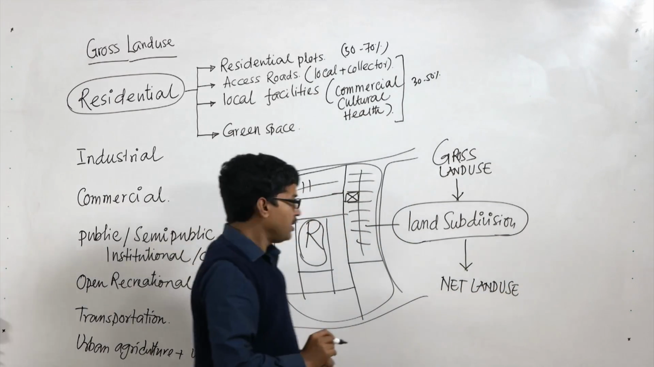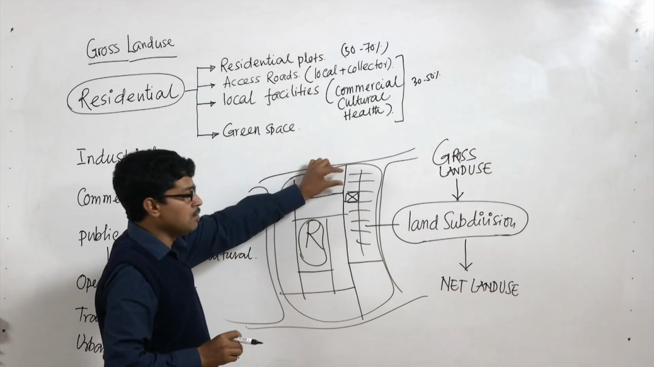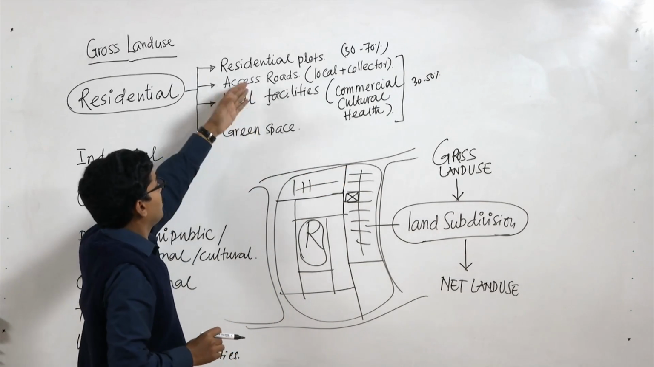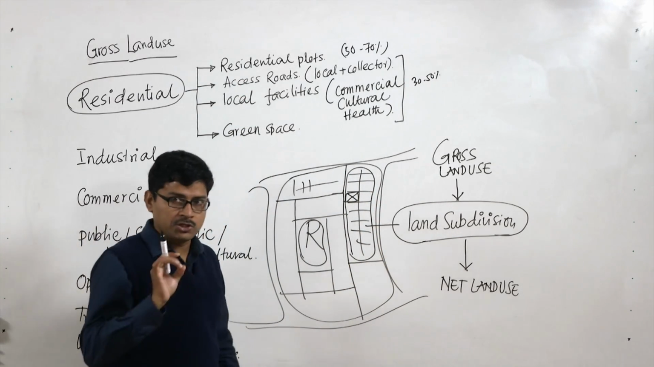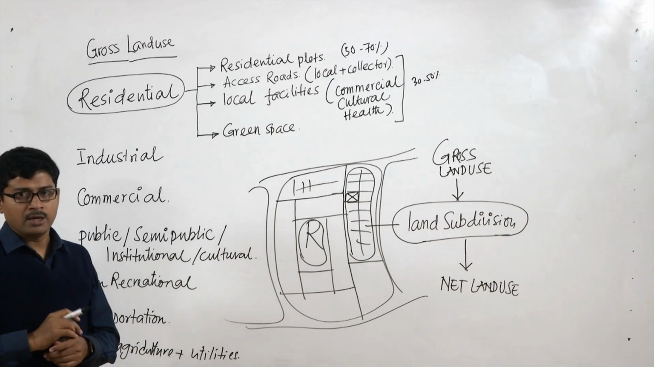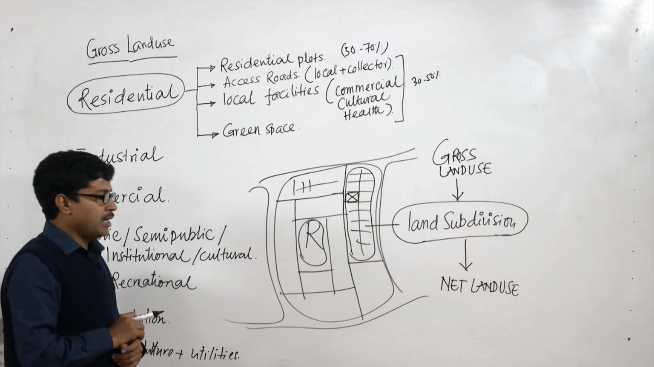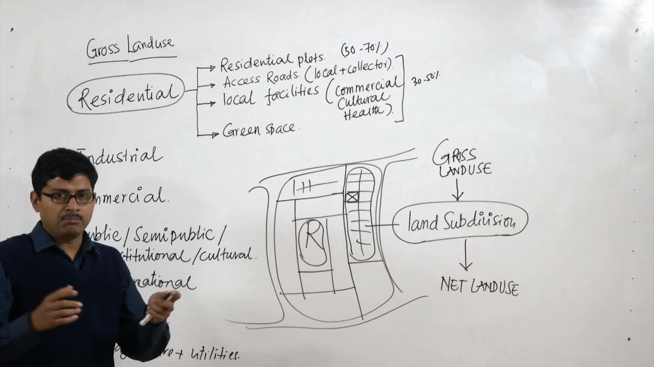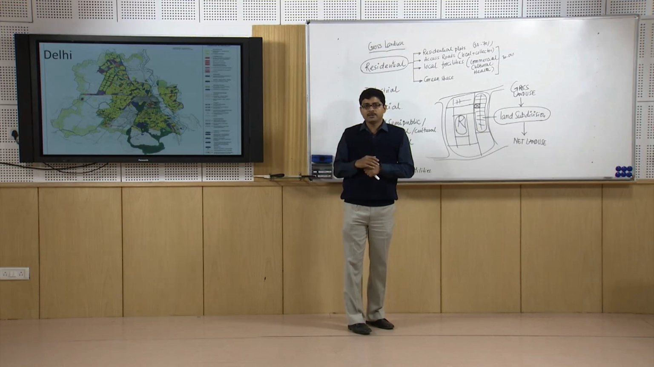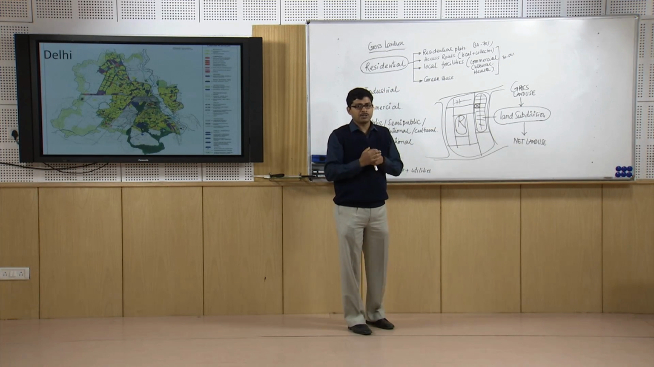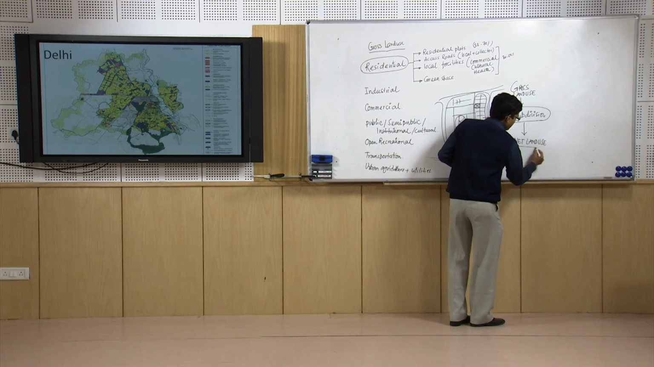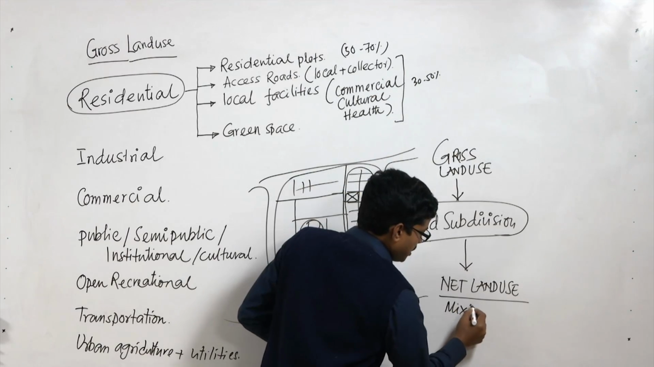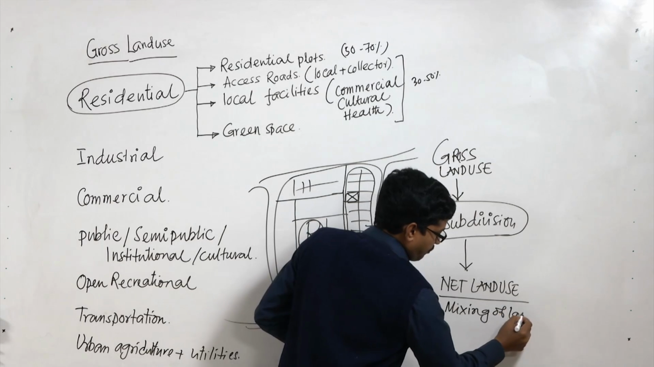Net land use is basically the use of each and every plot. For example, if this is a residential plot, the net land use of the residential plot will be residential only. That means residential buildings will be constructed, provided there could be some other use which can be mixed with the residential if the land use plan prescribes that. Maybe 10% to 20% mixing of some other use can be allowed. So at the net land use level, your mixing of land use